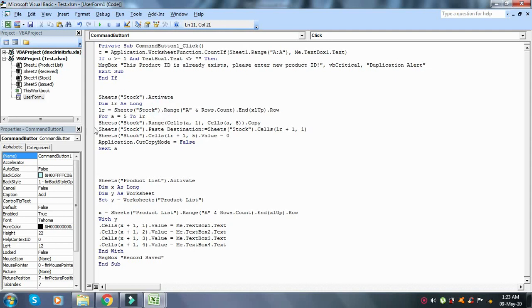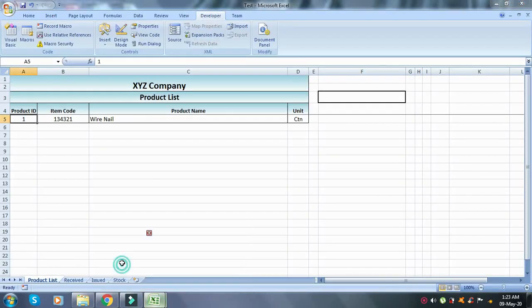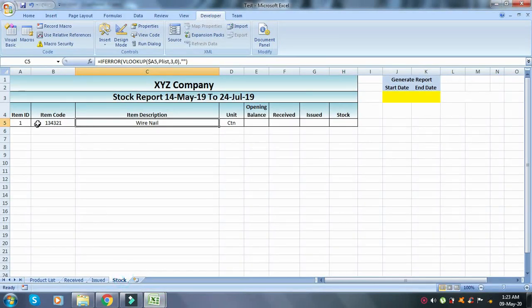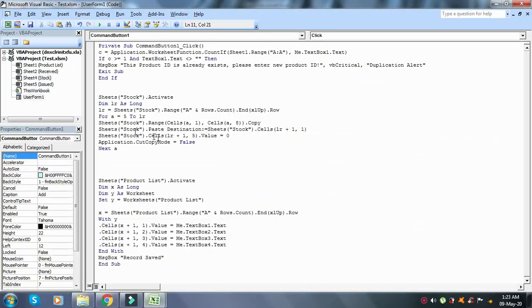Then we'll create a loop. The loop is for a equal to 5 to LR, because our data starts from row 5, as you can see here. So 5 refers to our row number 5 to LR, meaning from row 5 to the last row.